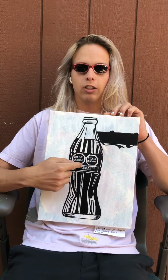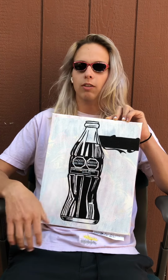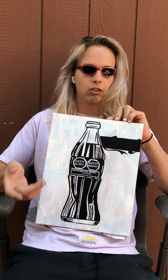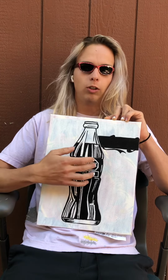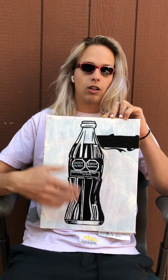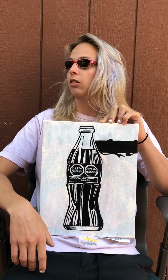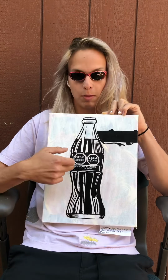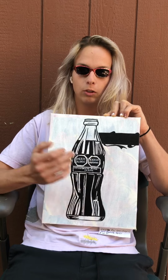I just thought it was really interesting. In Mexico, they put all these labels on all the food that tell people if it has excess calories, excess sodium, excess sugar. They made the companies put their logo much smaller and underneath these big warning labels, which I thought was really